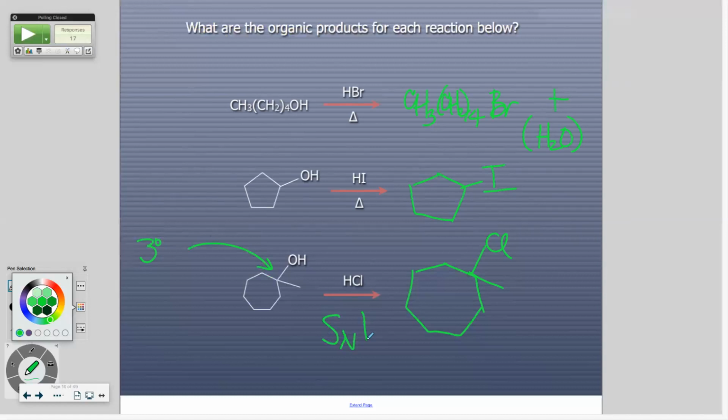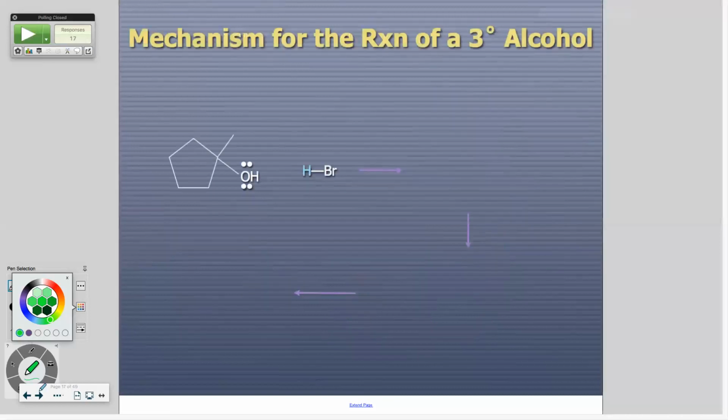Carbocations are flat, so your nucleophiles can come in from either side. That's much easier than dealing with backside attack and all that stuff in the way. We don't want all that stuff in the way. How did you do drawing your 7-membered ring? Now we're going to do this one. You don't have to draw the 7-membered ring.